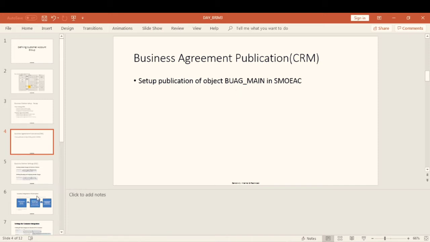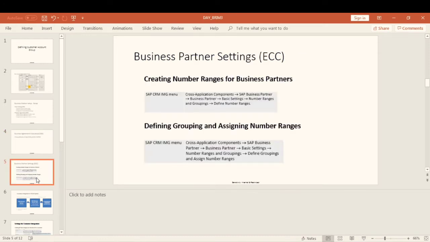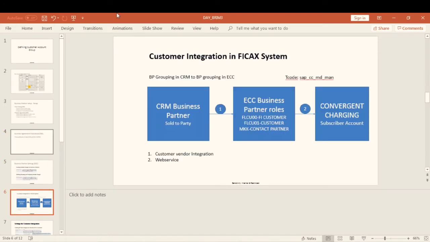Now we'll see the business partner settings in ECC, customer integration in the FICA system. The business partner role has to be sold-to-party in the CRM system.